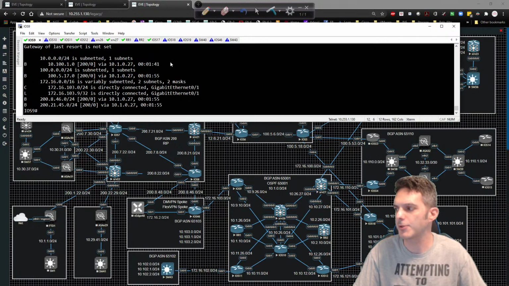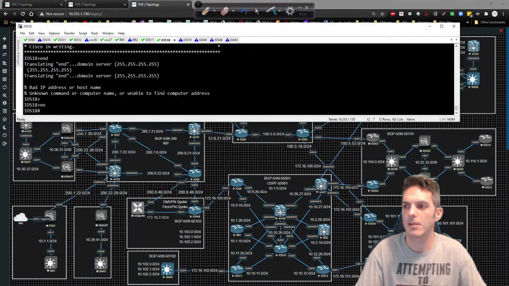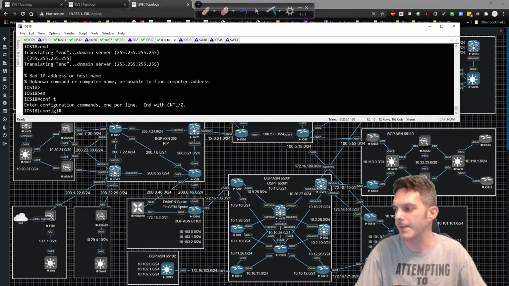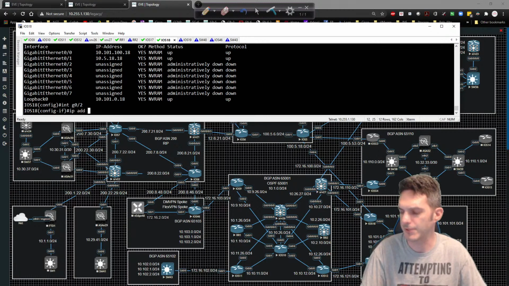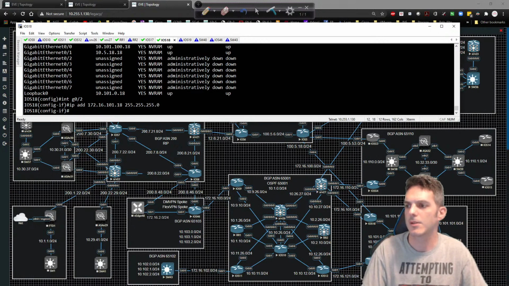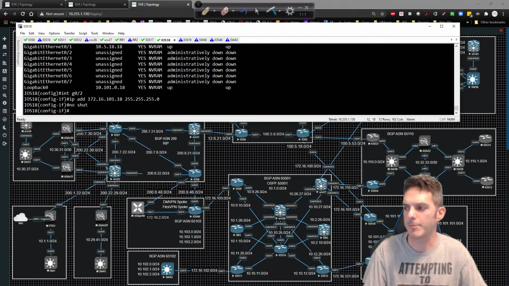So next thing I'm going to go do is configure 18 real quick, considering I'm right there. Go to global config, and then we're going to type in do show IP interface brief, and we'll go to interface gig 0/2, IP address of 172.16.101.18/24. We're going to no shut that guy. We're going to type in router BGP